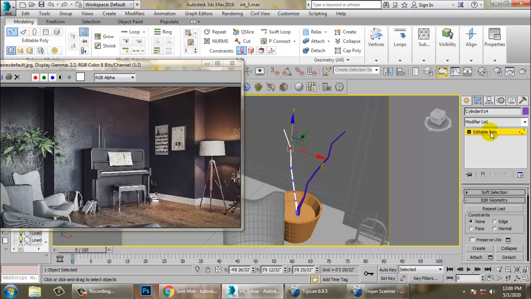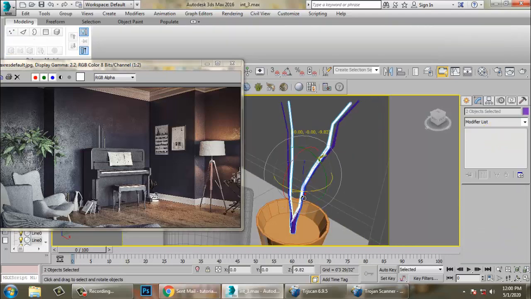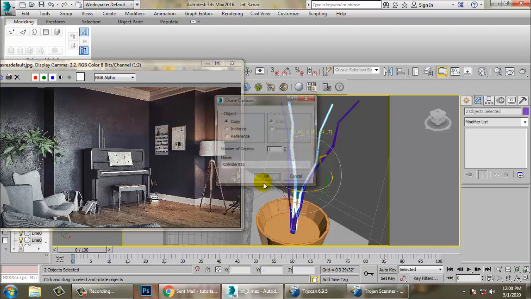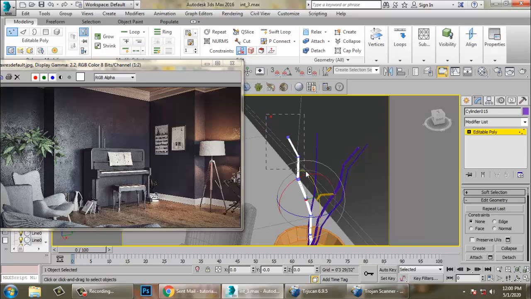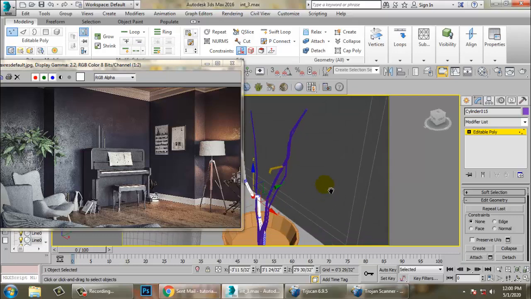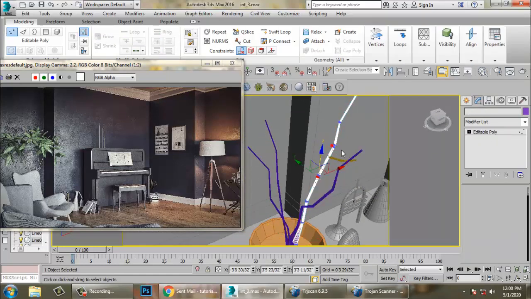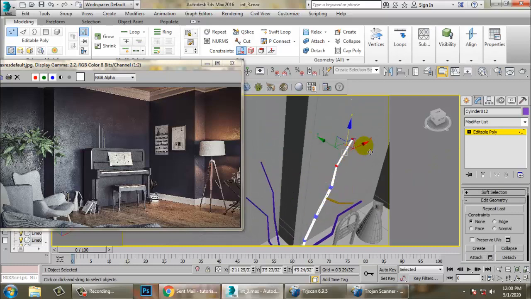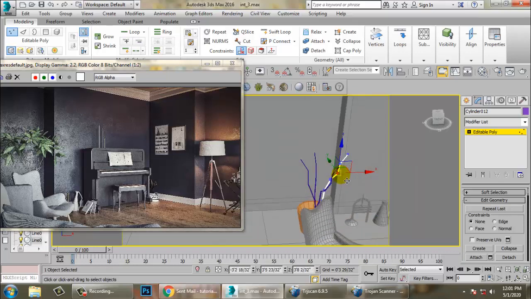Select this again and duplicate this more. Select this and push it smaller. You can make this small and make sure you make it uneven. I don't need it to be even, so you can adjust it accordingly.